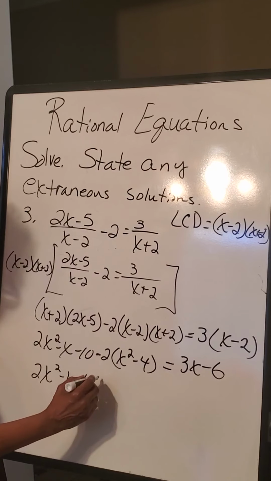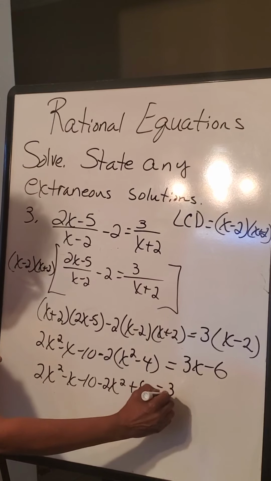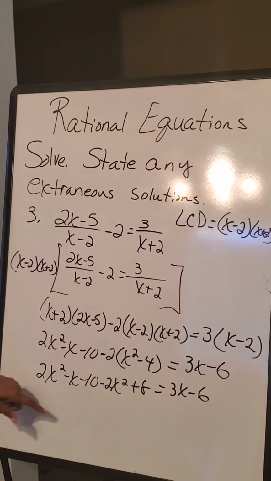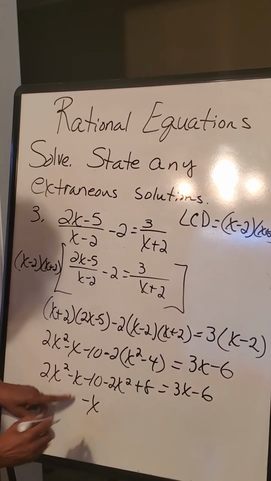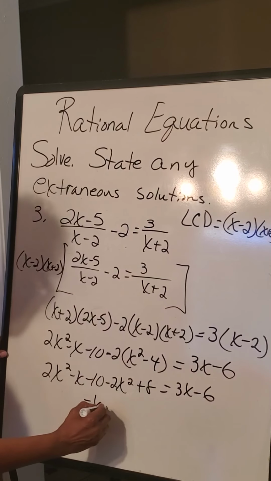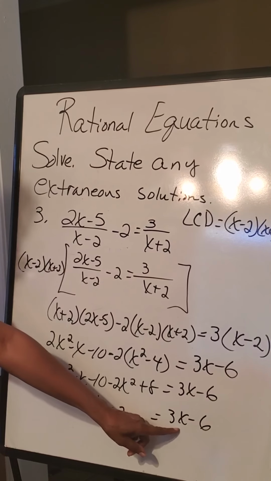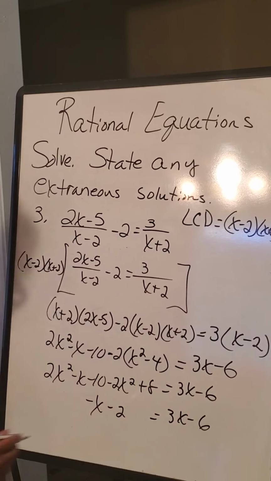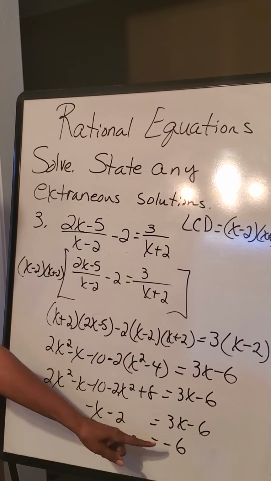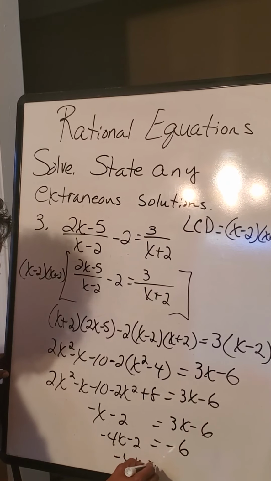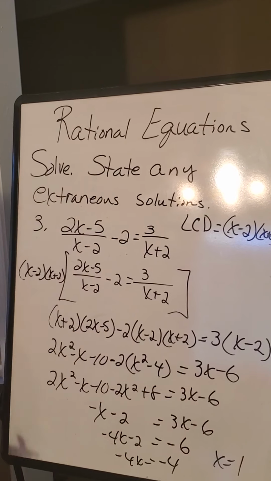A negative 2 times x squared is a negative 2x squared. A negative 2 times a negative 4 is a positive 8. 2x squared minus 2x squared gives me 0. I have a negative 1x here. I have a negative 10 plus 8, which gives me a negative 2. I'm going to transform this 3x to this side. When I do, I end up with a negative 4x minus 2. Transform the 2. I get a negative 4x is equal to a negative 4. Divide by a negative 4, I get x is equal to 1. Now let's check to make sure